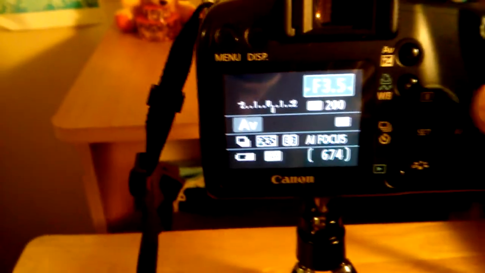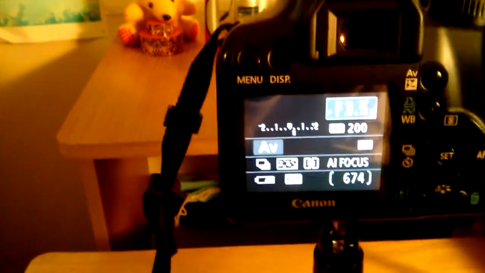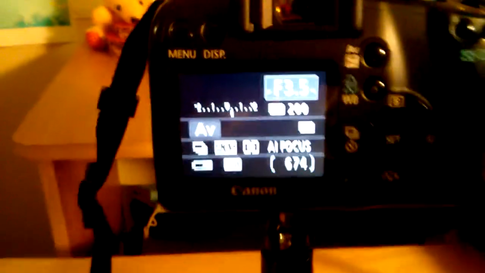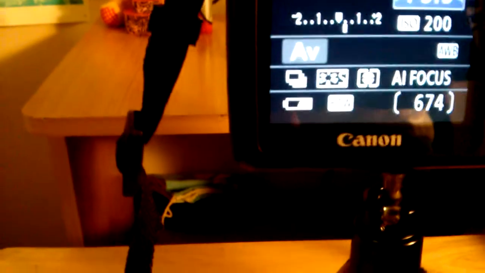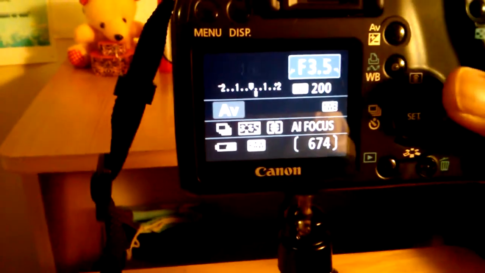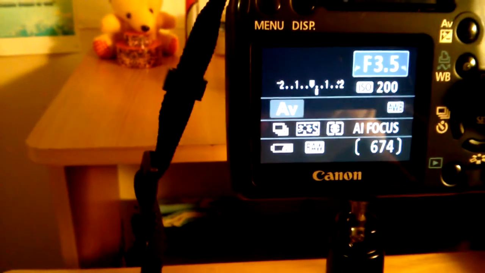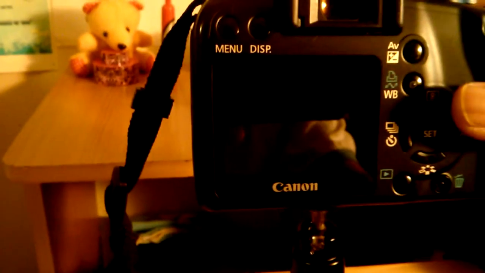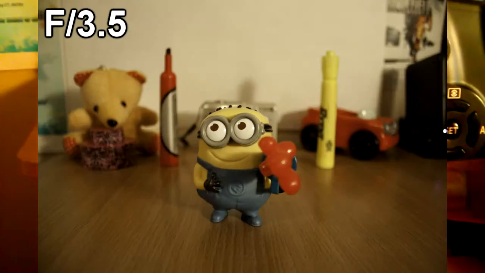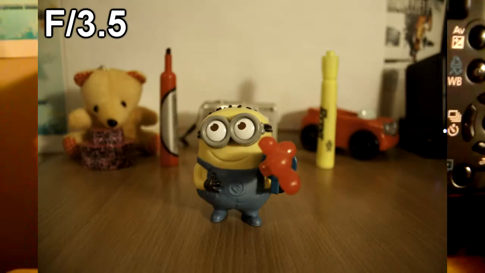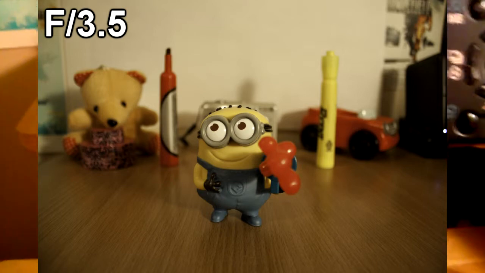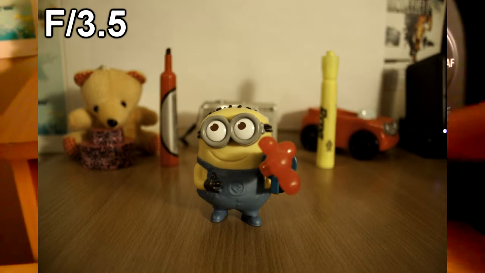Now, I'm going to start off at the lowest aperture, f3.5, and like I said, I want this guy to be in focus and the background to be out of focus. So I think I'm already queued up here, and my focus point set. All right, and as I take the shot, I'm going to show the pictures on screen. So let's take the first shot. This is f3.5. As you can see, the front guy is completely in focus, and the background is